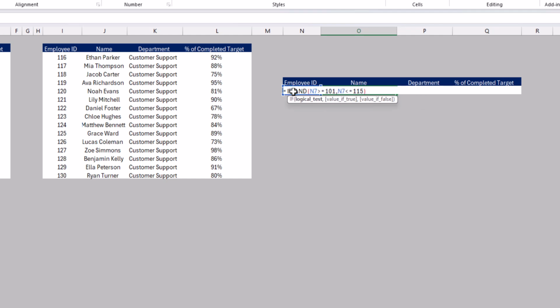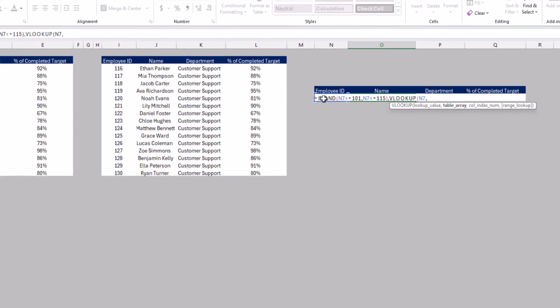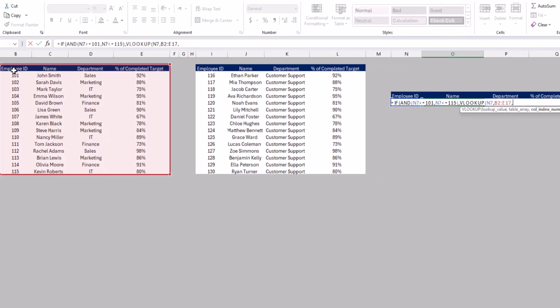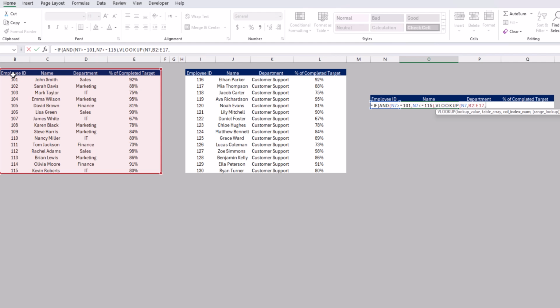Then we can close AND. At this stage, we completed the first logical test we need. So we can press comma to move to the value if true. For value if true, we will VLOOKUP this employee ID, then comma, select this table, comma, and then press 2 for the column index number to get the name, and then comma 0 for exact